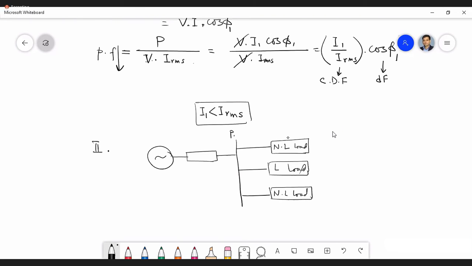So this is called the point of common coupling, PCC. From where we take the supply is called, from the utility point of view, the point of common coupling. Here many loads are connected. So the voltage of that PCC is referred to as the bus voltage. Now this is the source impedance ZS and this is the source voltage Vs.